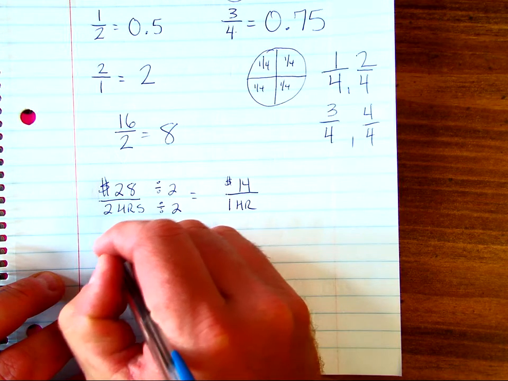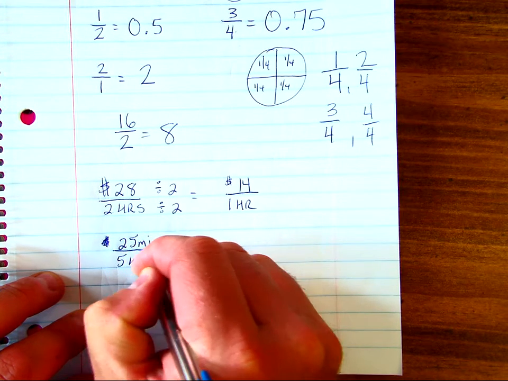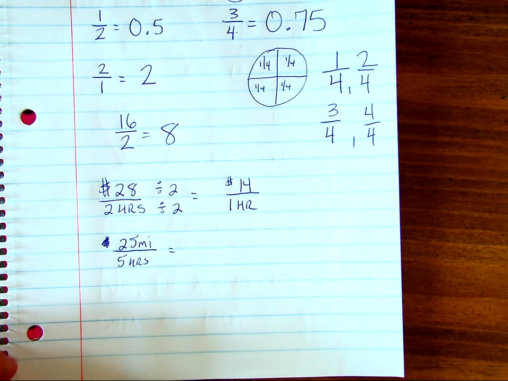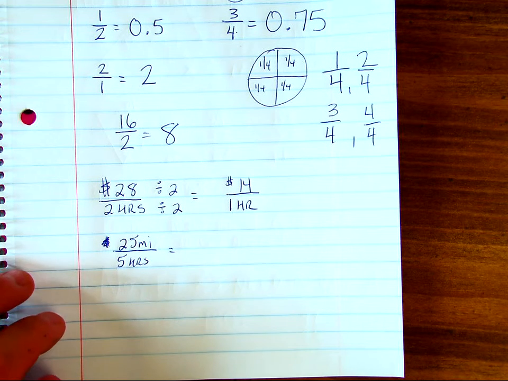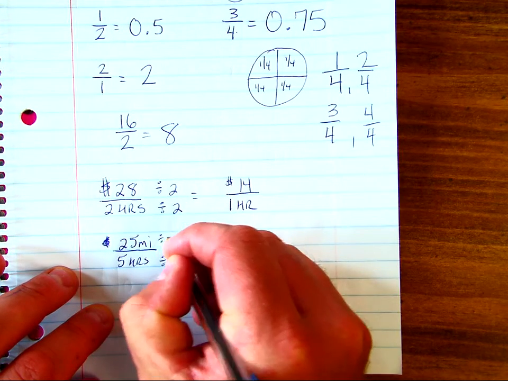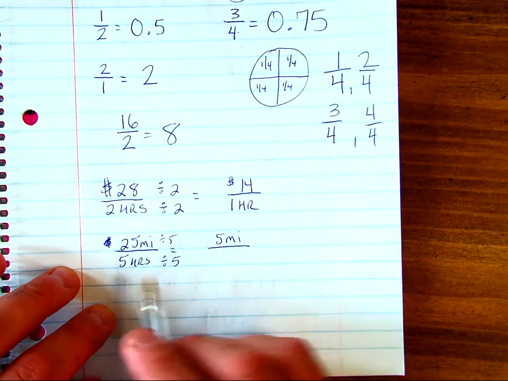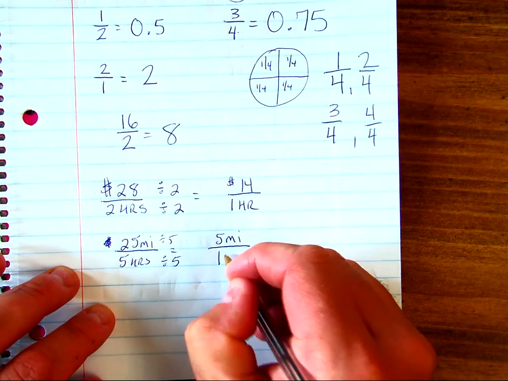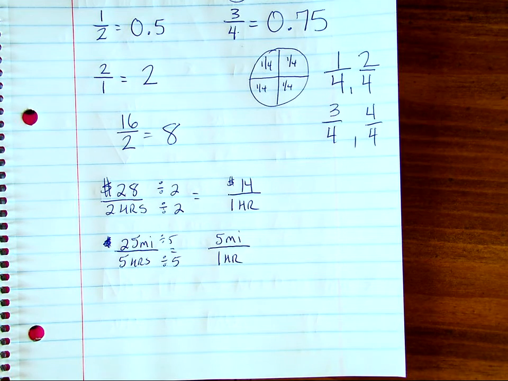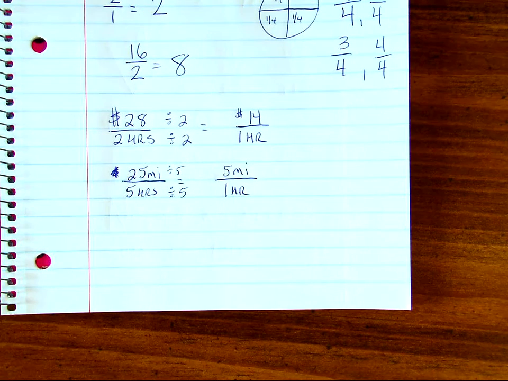Whoops. 25 miles per 5 hours. What did we divide by? Caitlin. We divided by 5. 25 divided by 5 is 5 miles. Any number divided by itself is 1. We are going to do the same thing today. The only caveat, the only hiccup